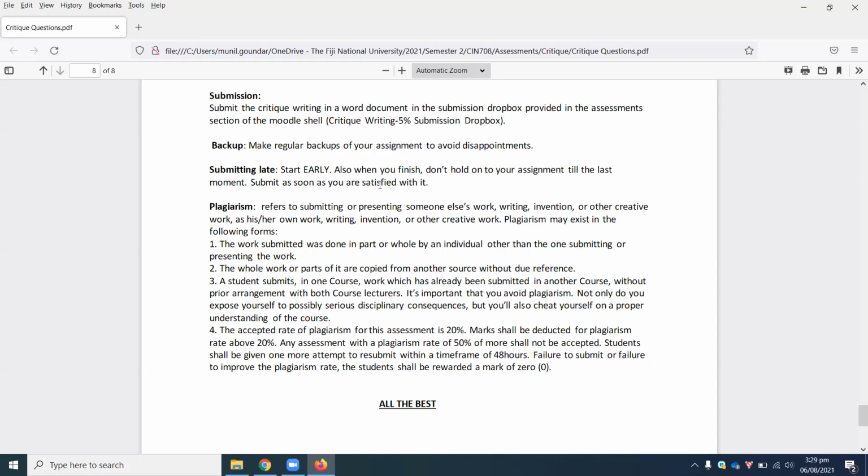3. A student submits in one course work which has already been submitted in another course without prior arrangement with both course lecturers. It is important that you avoid plagiarism. Not only do you expose yourself to possibly serious disciplinary consequences, but you also cheat yourself on a proper understanding of the course. So just in case you have a similar course, now I do understand there might be students